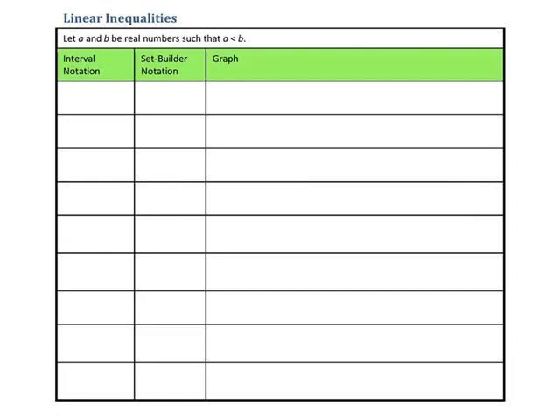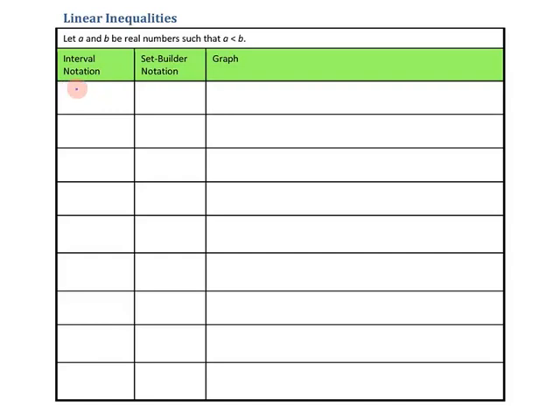In your notes, you have the following table. You have this table of linear inequalities. What I want to do is fill this in, looking at the different types of solutions that we can get from a simple linear inequality. So these are all the types of solutions that we may get, and you'll begin to see the pattern as we go through this. First of all, the most common interval type solution would be a solution that would look like